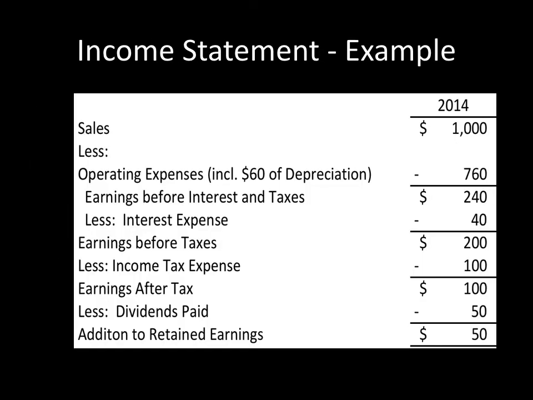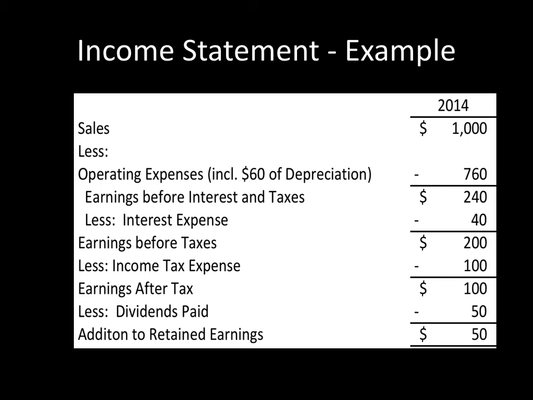In our company's example, you'll see we have an income statement for 2014. This shows the operating results for the entire year of 2014. Sales, which in this case might be craft brew sales for the 12 months, were 1,000. This company might have rounded off the last three zeros; we don't know that for sure. Then, subtracting from the sales, operating expenses. This category, which we don't break out in detail, could include marketing, salaries, rent, depreciation, and also the cost of goods sold. In other words, what was the cost of the inventory that we're selling off?